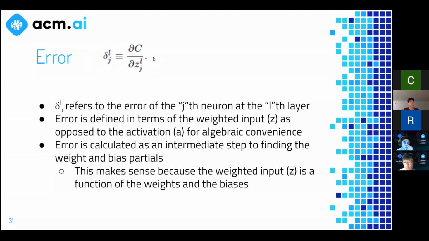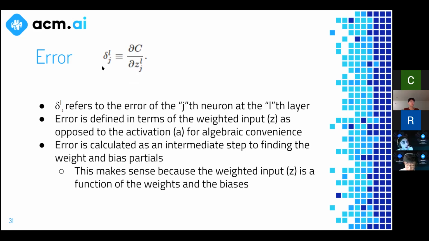And you may ask, well, why is it z and why is it not a? Well, you'll realize that there's no reason to have to deal with the sigmoid here. It just makes everything a lot messier than it needs to be, and you basically achieve the same result. So that's kind of why I defined that z for you guys earlier.